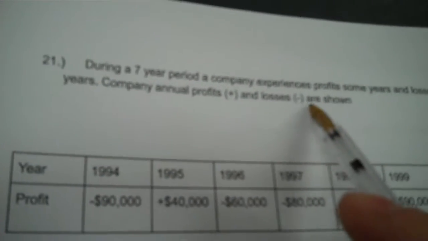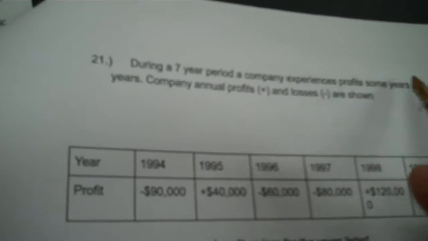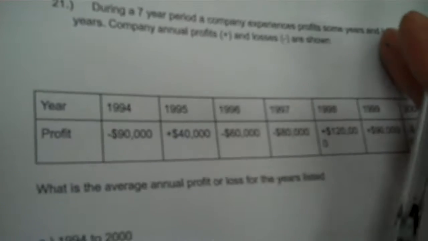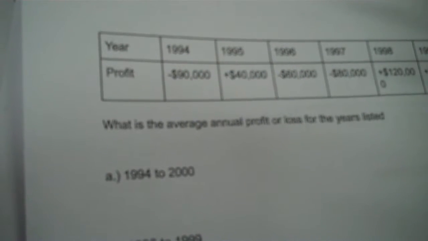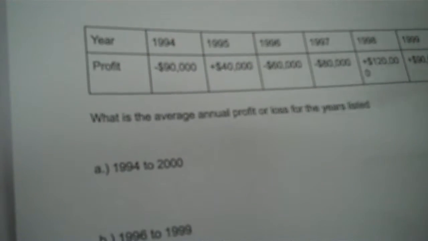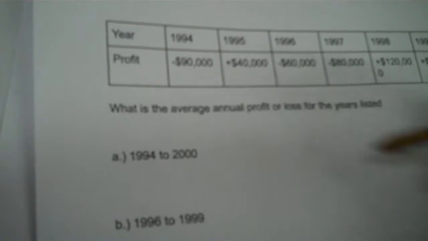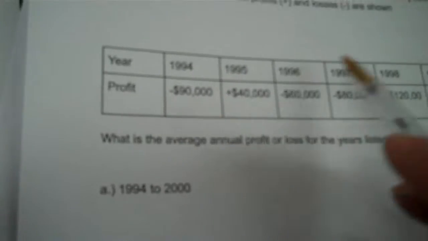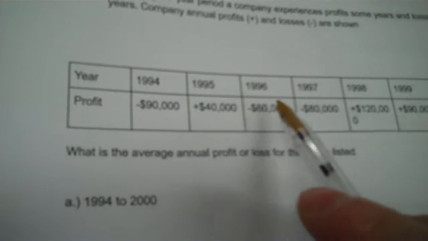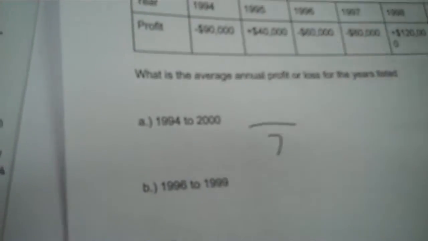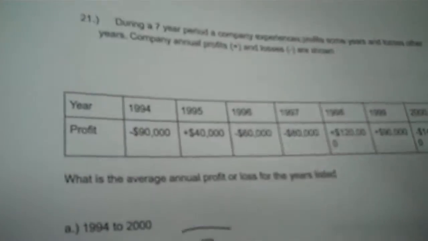Okay, and I'm back. During a 7-year period, a company experiences profits some years and losses other years. Company annual profits are positives, losses are negatives. You're pretty much doing the same thing that you did before. What's the average annual profit or loss for the years listed? Okay, it's like average. 1994 to 2000. So there's 1, 2, 3, 4, 5, 6, 7. So we're going to be dividing by 7, and then I add all of these together every year from 1994